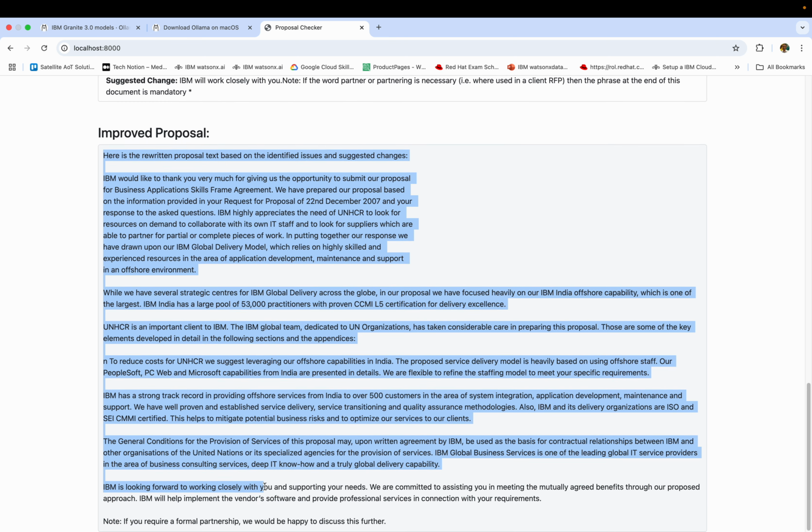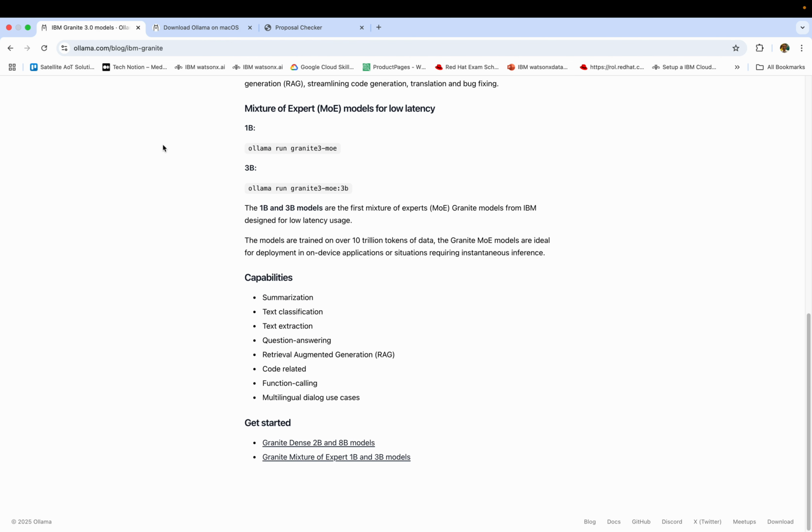So this is how I can use Ollama locally on my machine, use the appropriate models, in this case IBM Granite, and use them in my Python application,